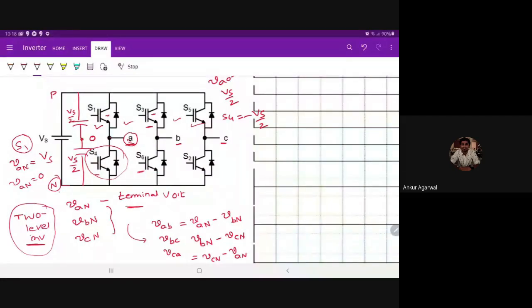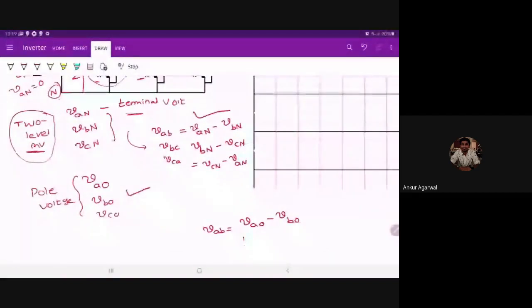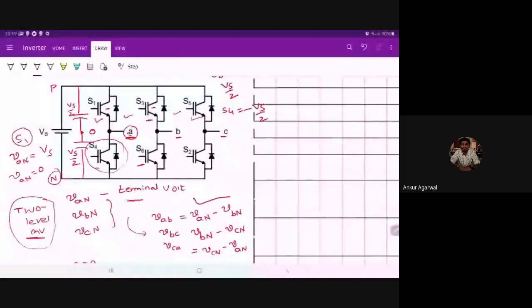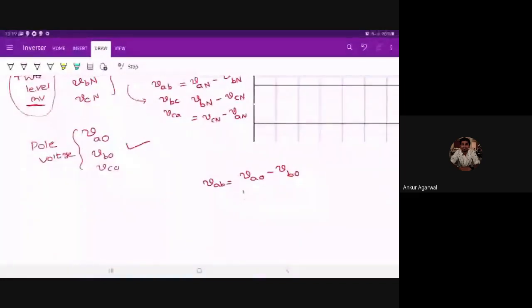Similarly, you cannot directly analyze this, right? Similarly, if S1 is on, S6 is on, so what is the voltage? You cannot directly analyze, right? So this fictitious node is to analyze the circuit. Other than that, there is no purpose for it. So this can be analyzed by using this method, or you can analyze without the help of these things. You can directly analyze that, so that we will discuss, right?